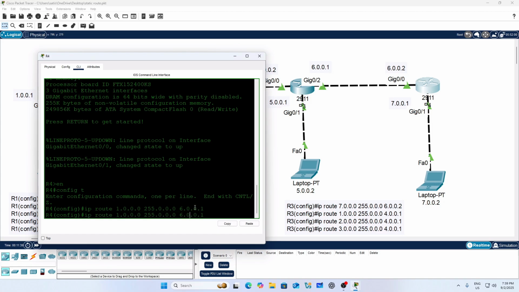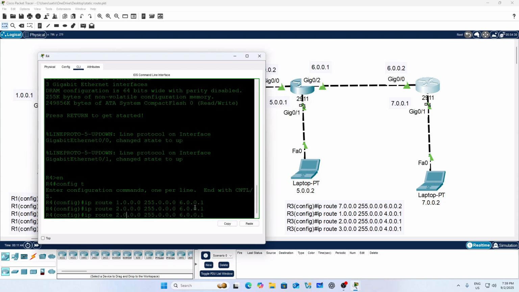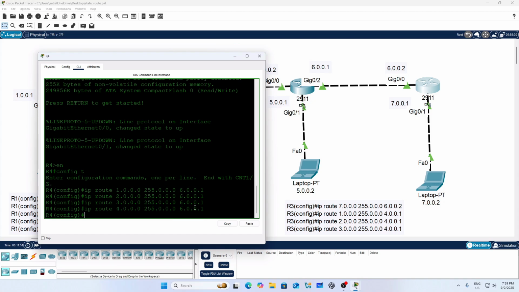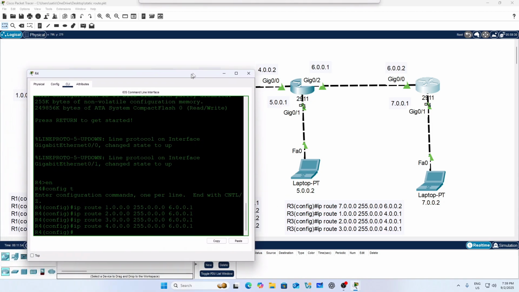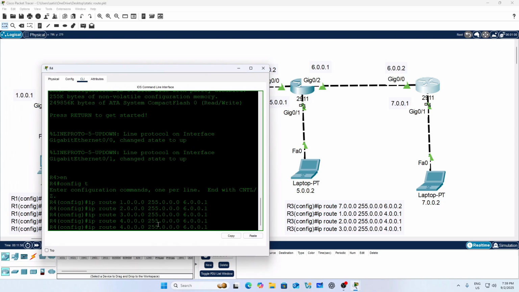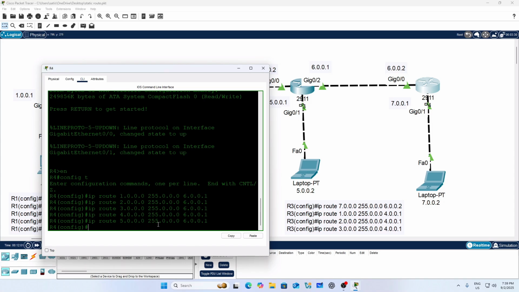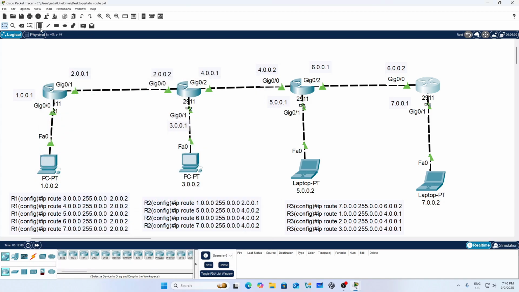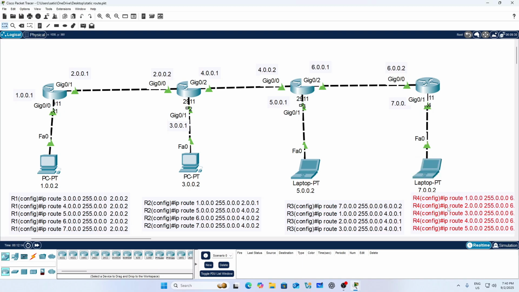Okay, similarly for network 2, similarly for network 3 it will be the same, similarly for network 4, and similarly for network 5. Now done. The configuration on all the routers has been done, and we have successfully configured static routing on all these routers. Okay, so this is successfully done.